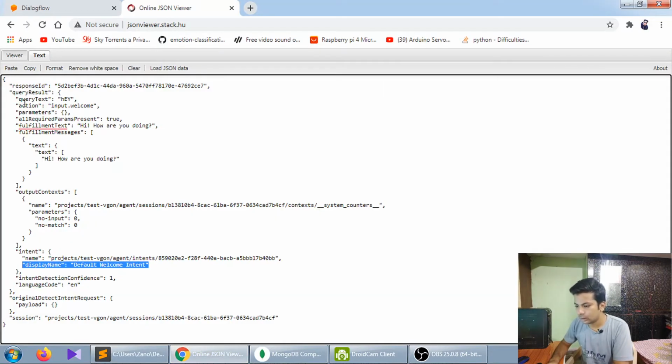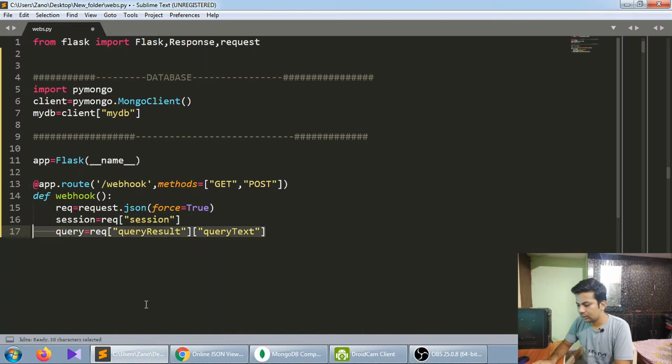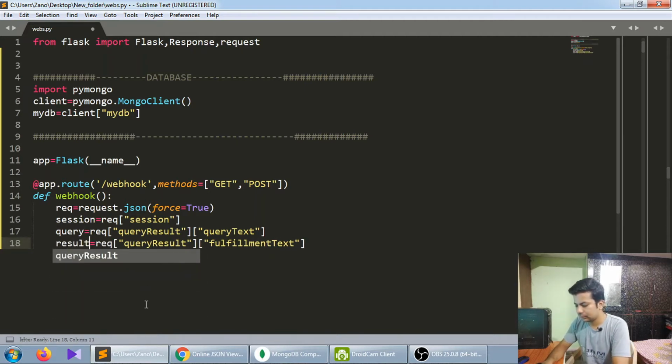You can see there is a query text inside the query result. And the same for the answer also. It is called fulfillment text. We'll call it result.